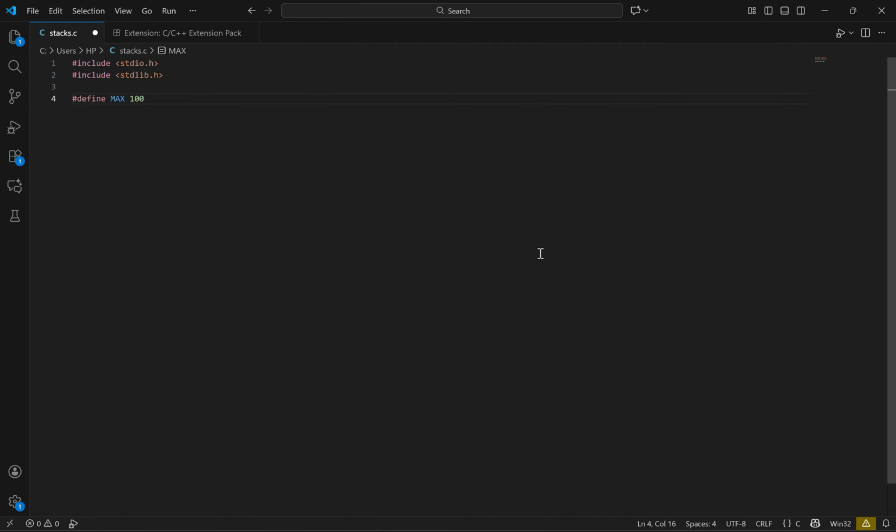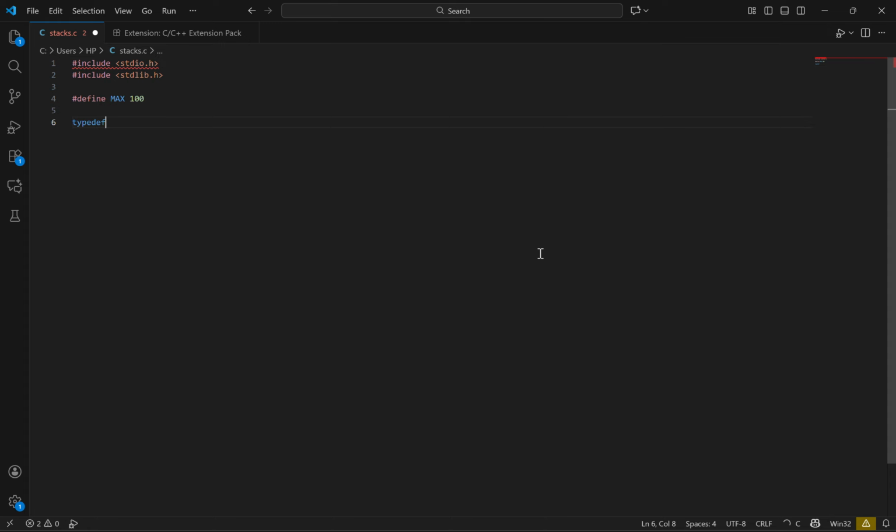You can define it as anywhere between 1 to, I don't know, infinity, but it's a general convention that when we are defining a stack, we're trying to make an ADT out of it. We usually go through this entire process of defining a max variable, which is kind of the limit for the stack. Now let's move on to the ADT